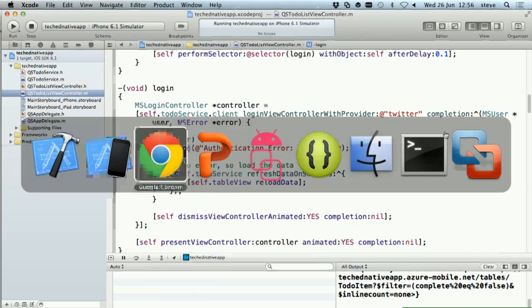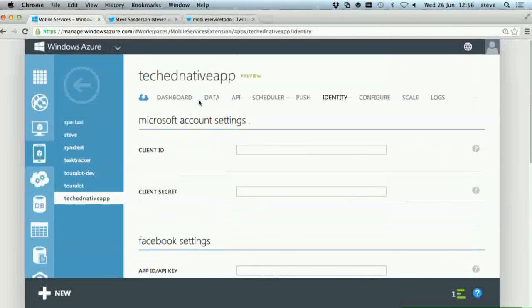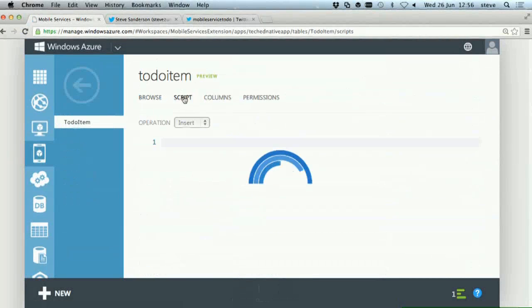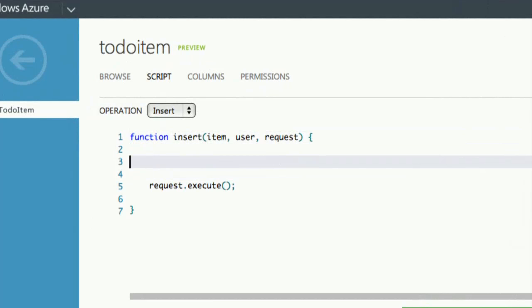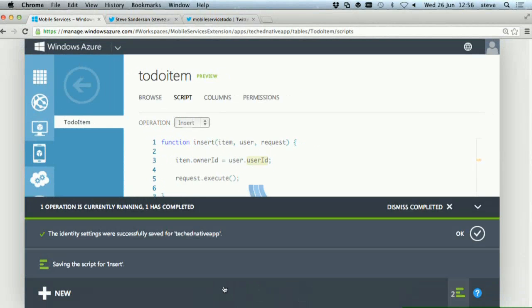Now, that's very easy to implement with a bit of custom script. So I'll go into the script editor, and I'm going to say we'll have a bit of extra logic that runs on insert. And when the item gets inserted, we're going to track which user owns it. So I'm going to create a new property on there called owner ID. And that's just an arbitrary string. I could call it anything I want. And I'm going to initialize that to be the user ID that the person is logged in as. And this value here, that's all verified on the server. So you know that really is who the person logged in as.